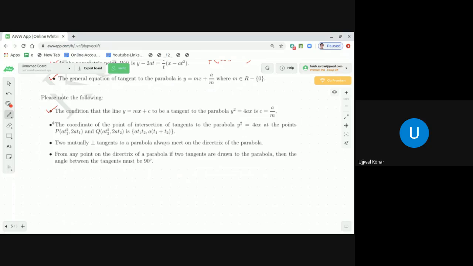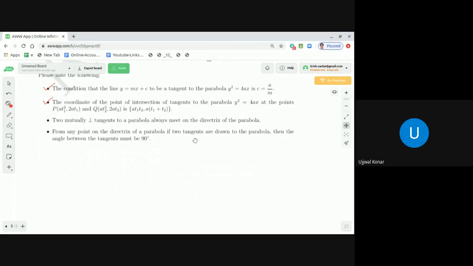Now, the second point is that the coordinates of the point of intersection of the tangents to the parabola y square equal to 4ax at the points P (at1 square, 2at1) and Q (at2 square, 2at2) is (a t1 t2, a into t1 plus t2). That is also very important. So what is meant by that is that if you take 2 points, if I explain these particular points further, dear students,